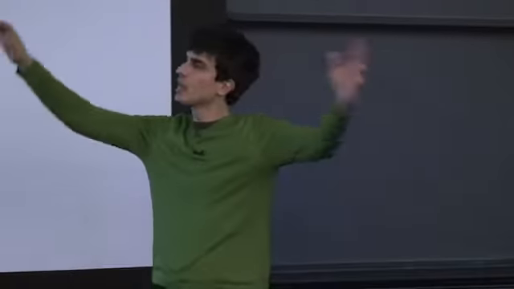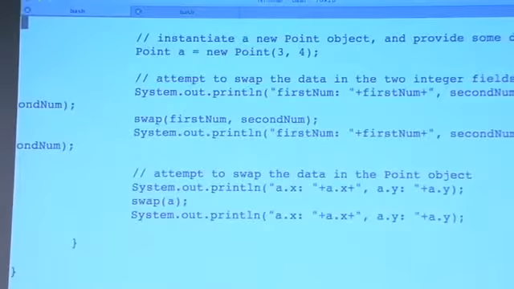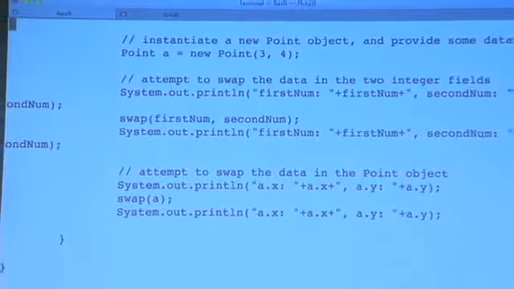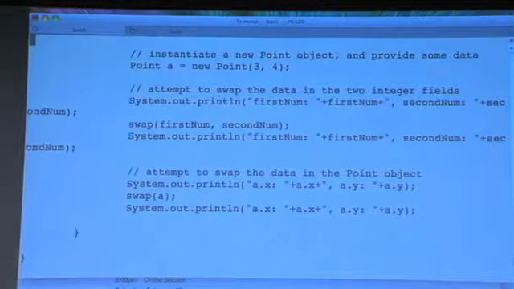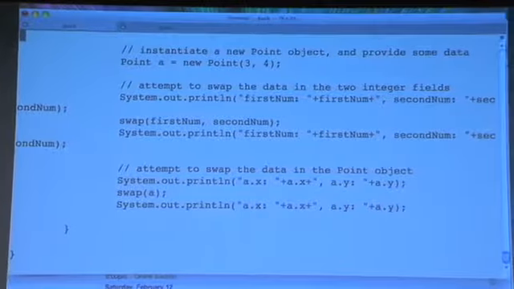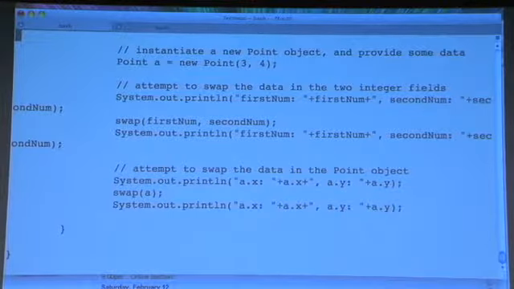So there is an object that's sort of nebulous in memory that's of type point, and it's been instantiated. It has an x and a y, and the x we had set to 3, as I recall. In this object, the x had been set to 3, and the y had been set to 4. So when I pass in by value the reference to this object from A into this swap, so now there's another variable for this swap function